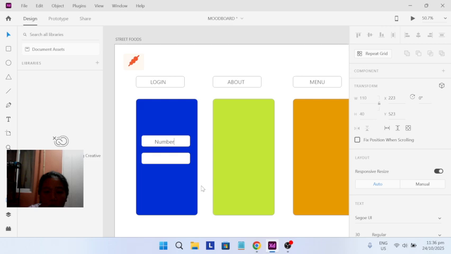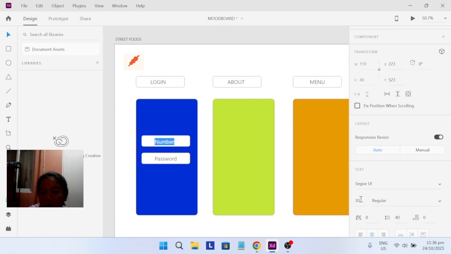Plus duplicate. Let's put password. We will adjust the font into 15.